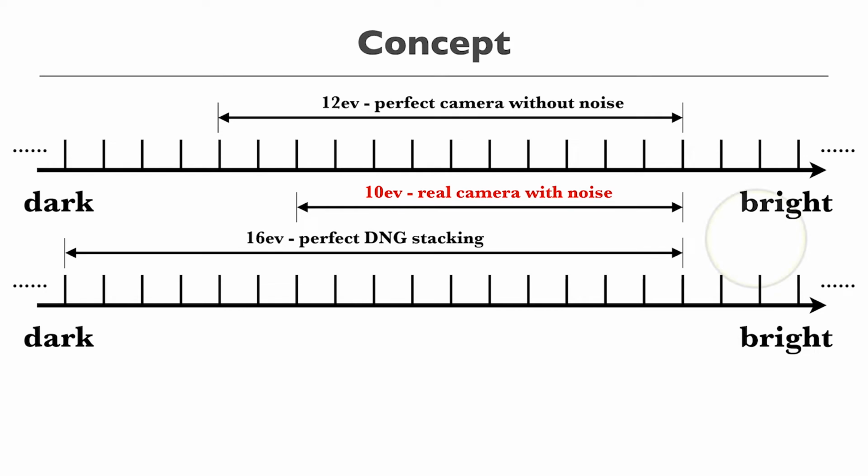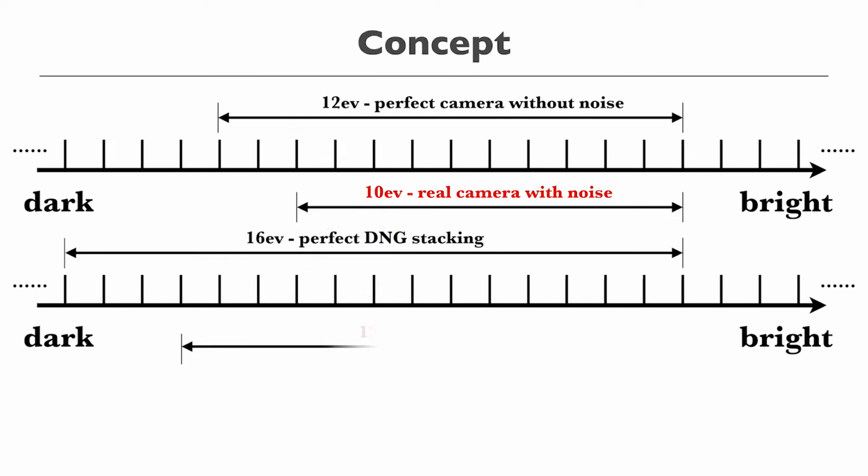And after the perfect DNG stacking, normally we have 16-bit files, which means we might have 16 EV dynamic range by making the DNG stacking. And be careful that the highlight limit doesn't change, because we are reducing the noise. Thus, we can recover more information from the noise, but we cannot get more detail from the highlight, which means you can extend the dynamic range from this point to this point. That extends the dynamic range